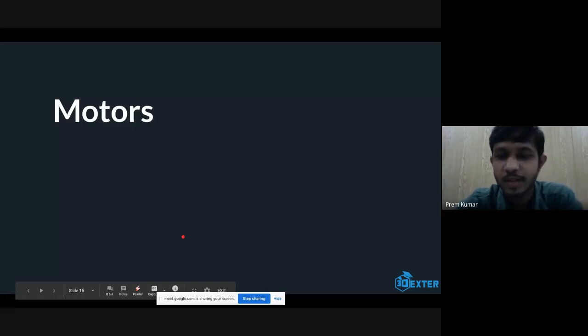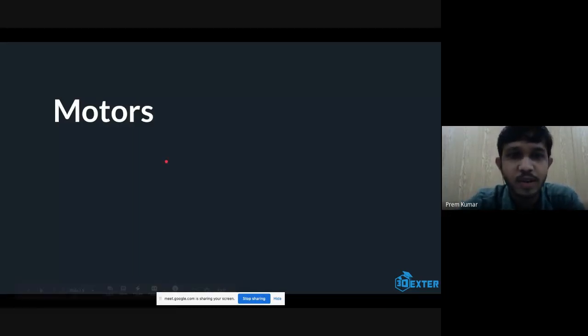Okay, fine. Someone has given the answer. Right, we use stepper motors in 3D printers. If you look at the motors we use in a fan, a cooler or an AC, these motors are DC, or they can be AC also. But once you connect two wires, positive and negative, and supply current to those motors, they start rotating quickly.